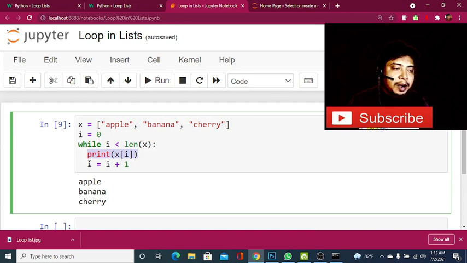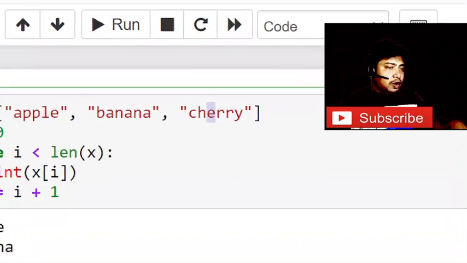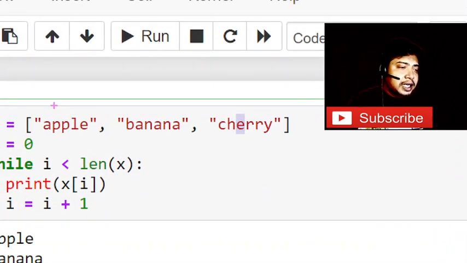Then it will come here. After that 0 plus 1 equal to 1, so it will shift here. After that, when this is printed, then 1 plus 1 equal to 2. That is steady, because in this list the indexes are 0, 1 and 2.